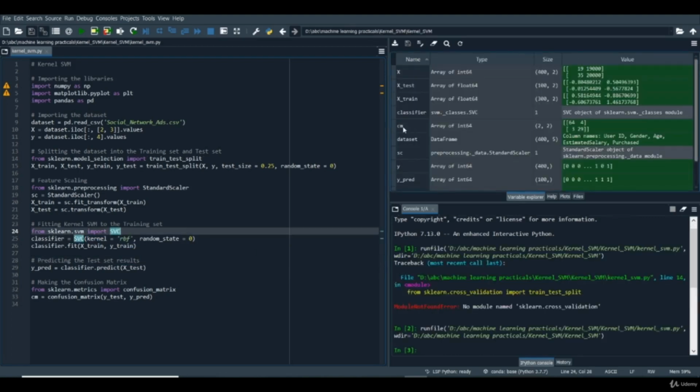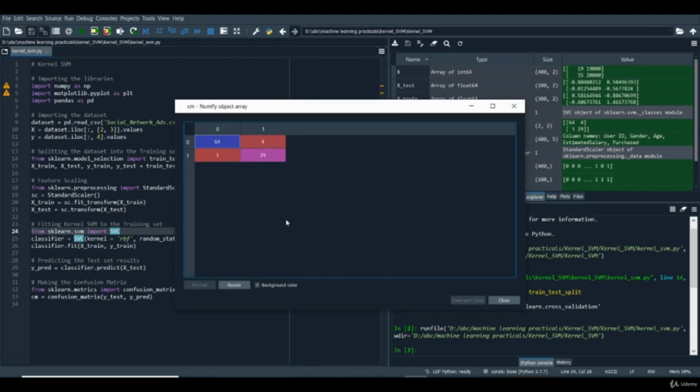You can see that it created a confusion matrix, and you may remember the accuracy was around 90% from SVM using a linear kernel. You can see here it makes the classification with accuracy of around 64 plus 29, that is 93. So it makes an accuracy of around 93%, which is 3% more than the previous. So it's quite great. You can try to play around with the code, and by changing the kernel to different values such as sigmoid, poly, and Gaussian, and others.